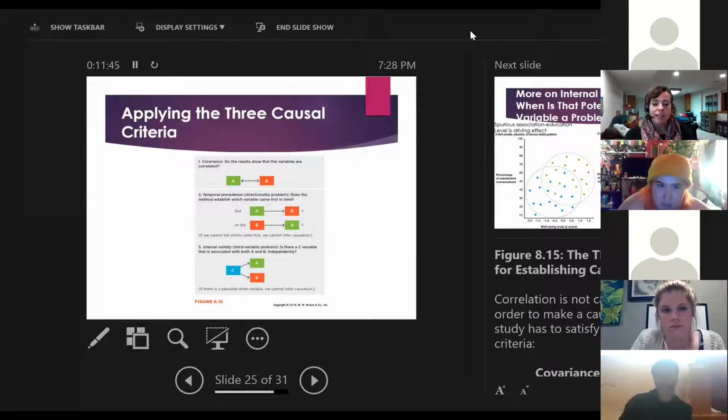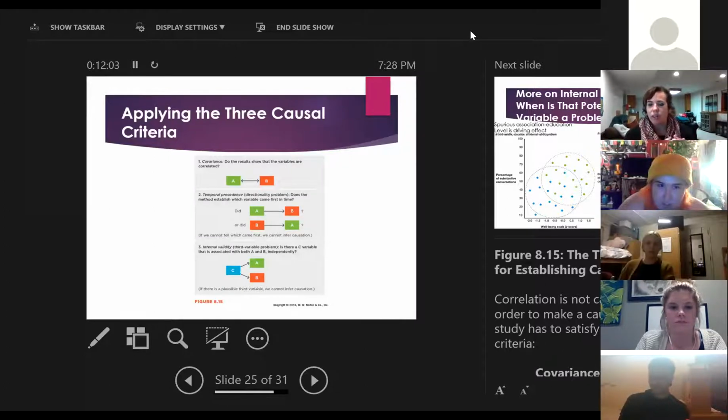Or if I'm saying kids with high school GPAs score better on the SATs, then if I take it a step backwards, from college performance back, then maybe I really need to focus on making sure students are getting strong GPAs in high school. And I need to look at how that's being measured and taught and all of that. So that has an impact on how we think about it.